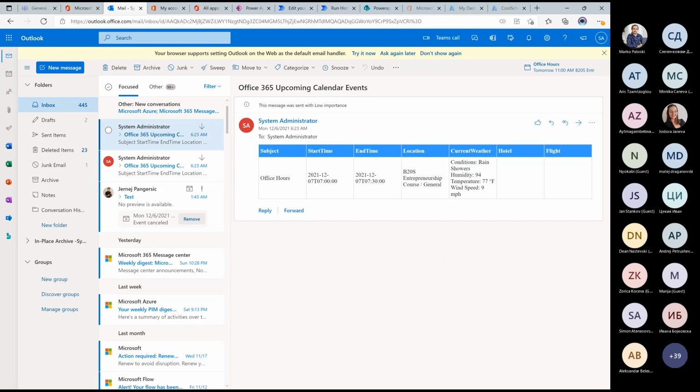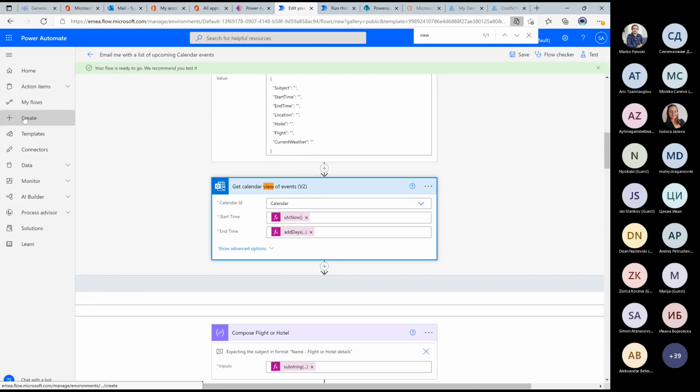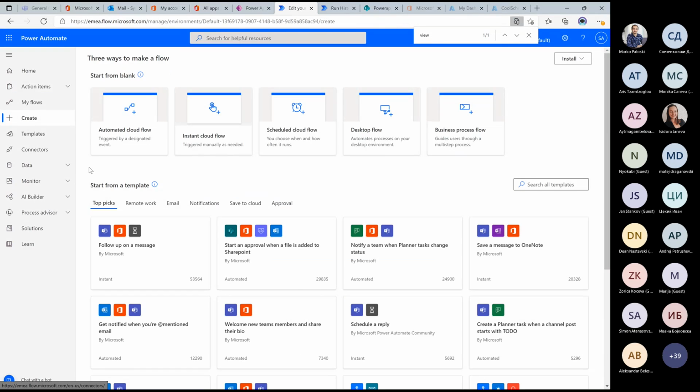So this is it. This is how it styles this. And again, I don't need to even use this one. I can change it up. I can, for example, use any different templates that are already made, or I can just go and start from scratch. So if I go under create, you see here that I have automated cloud flow, meaning if something happens